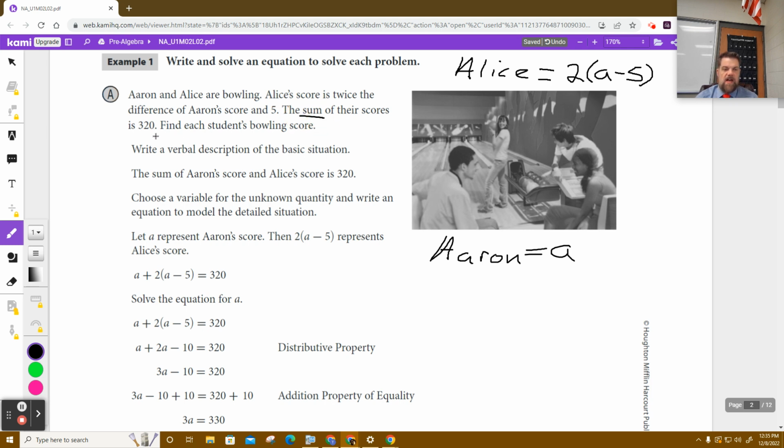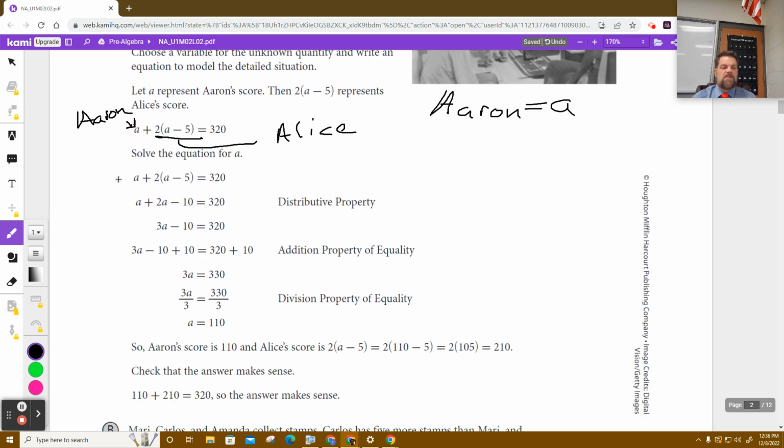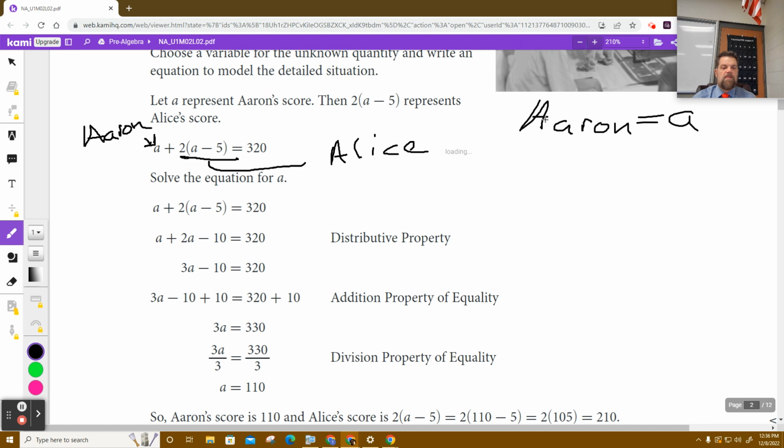Then it says their sum is 320. Is means equals 320. So this is this one right here. That's Aaron's score. And then this whole thing right here, that's Alice's score. And then this is 320. So now what they're saying to us is that we could use, and I'll zoom in a little bit so you could see it better,